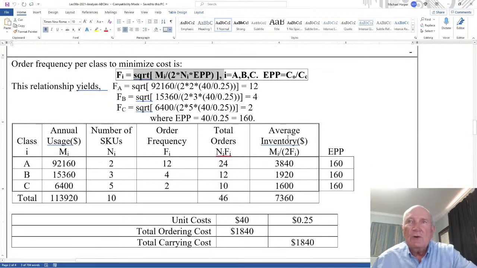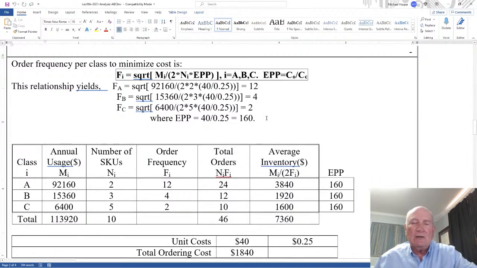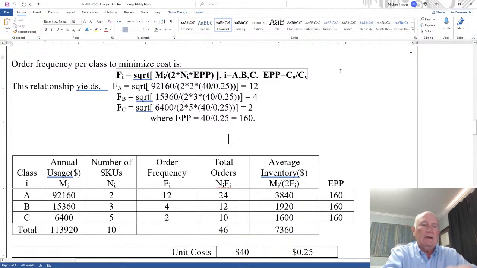Okay, so if we do a little bit of algebra here, the M over 2F will equal M divided by